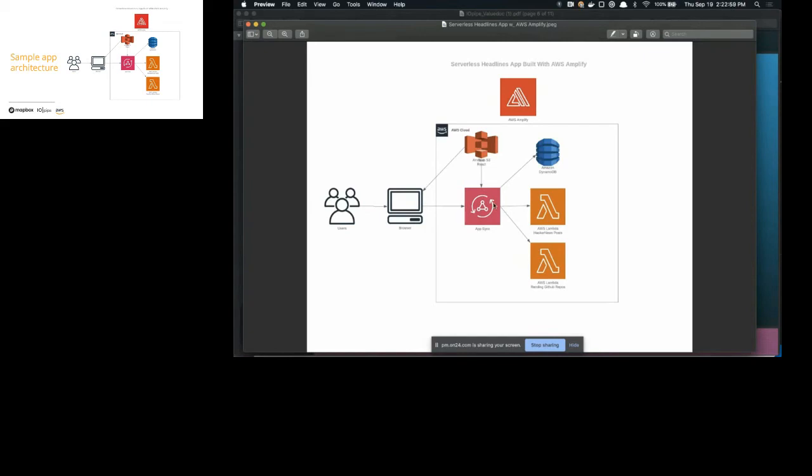And then in GraphQL, you have different resolvers where you can go and get those data points from. The two that we're going to be mainly focusing on today are these two Lambda functions. A user is going to hit a certain endpoint. AppSync is going to take in the request and then route it to the appropriate Lambda function for the data to return back to the user. One Lambda function is going to return just the top 10 Hacker News posts, and the other is going to get the top 10 trending GitHub repositories from GitHub.